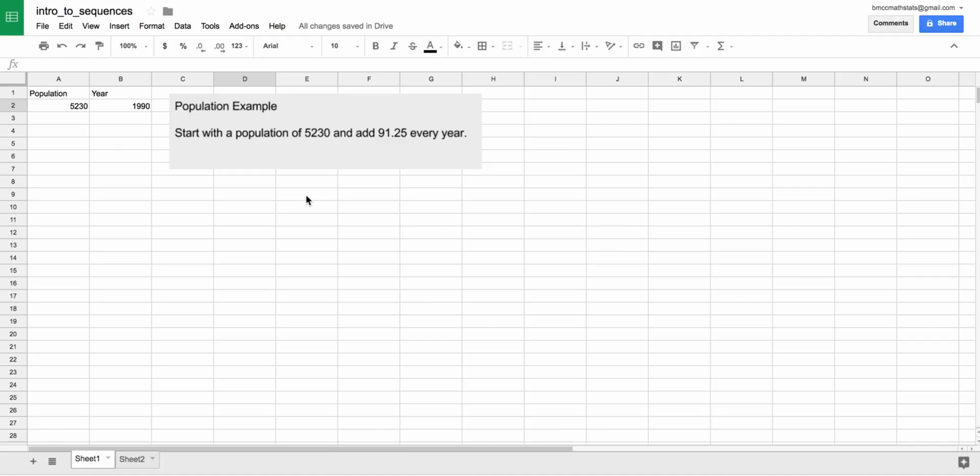All right, so now we wanted to look at two application problems using first Google Sheets, and then in the next video we'll look at using Python to solve these examples. So the population example, something along the lines of what we were doing in class, was imagine if we started with a population of 5,230 and every year we added 91 and a quarter